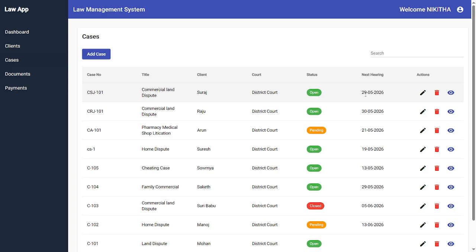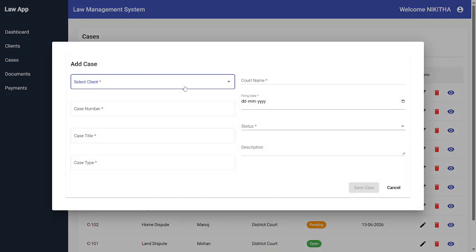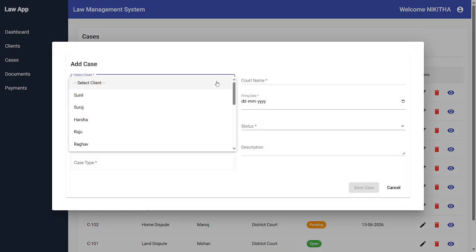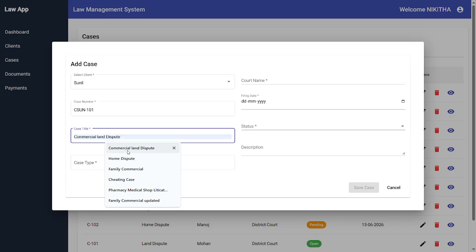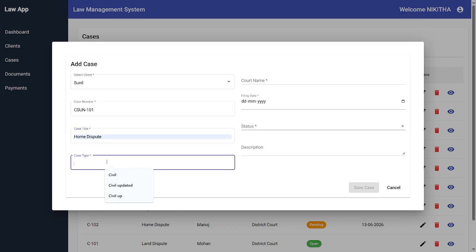Let's quickly add one case for the client which we have added just now, that is Sunil. So once we click on add case, the case form will pop up, and I am selecting the client as Sunil, case number SUN101, this is the case number I want to give, like home dispute, and the type would be civil,